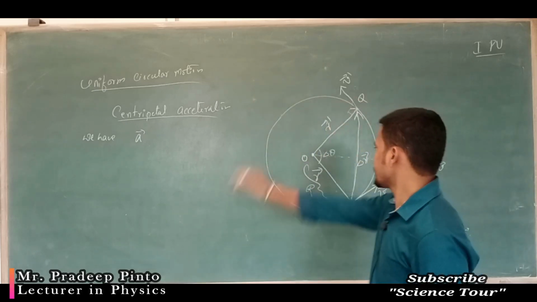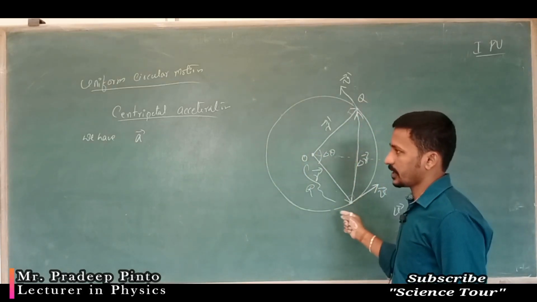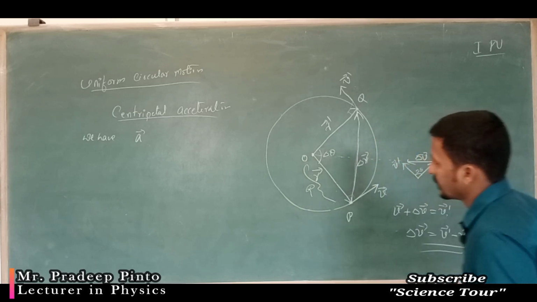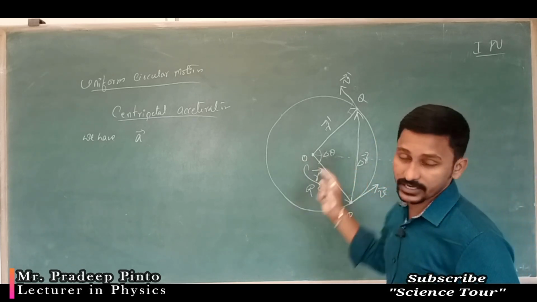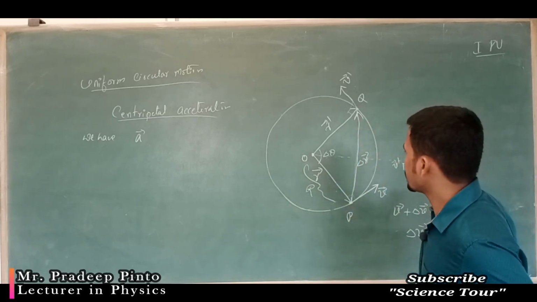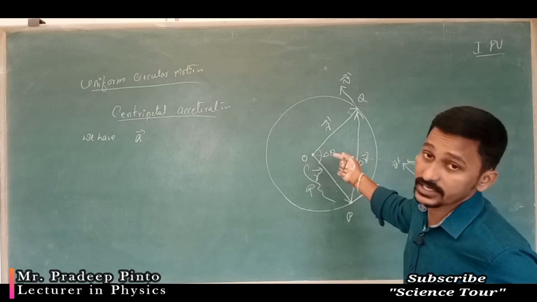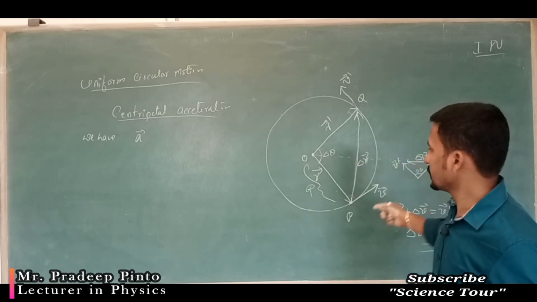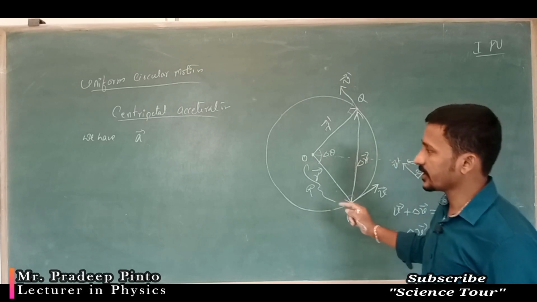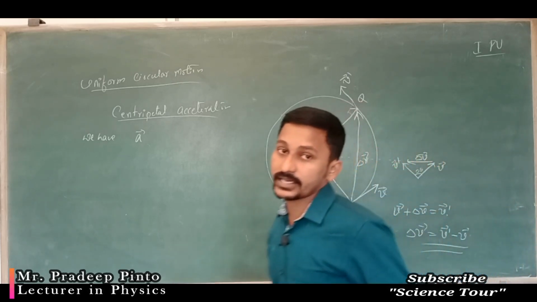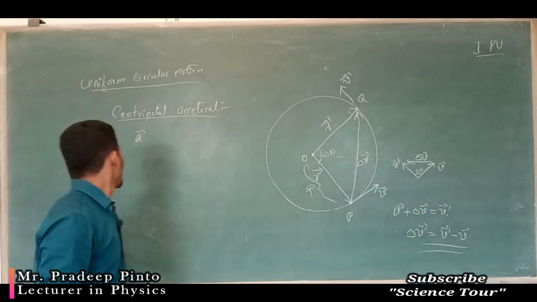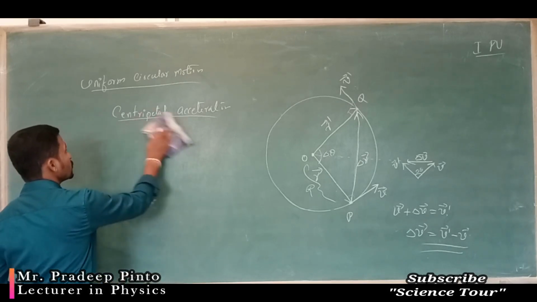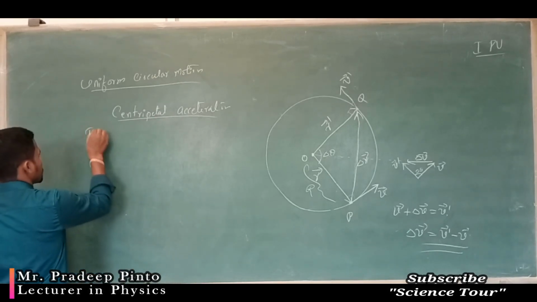So you wrote: consider an object which is moving in a circular path with a constant speed as shown in the figure, which has acceleration, the direction of which is towards the center of the circular path. The radius of the circular path is r, and the direction is towards the center. So to find the magnitude of the centripetal acceleration,